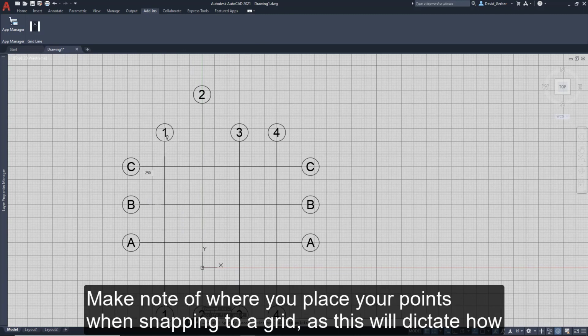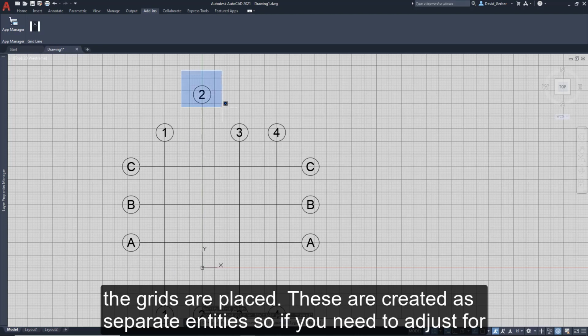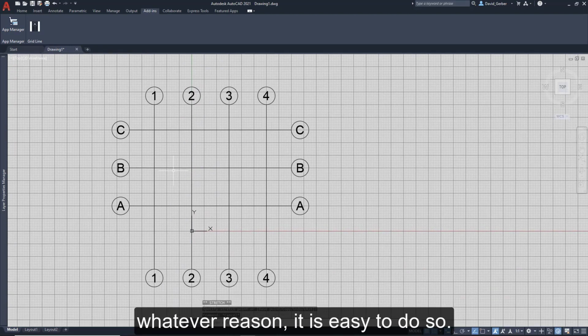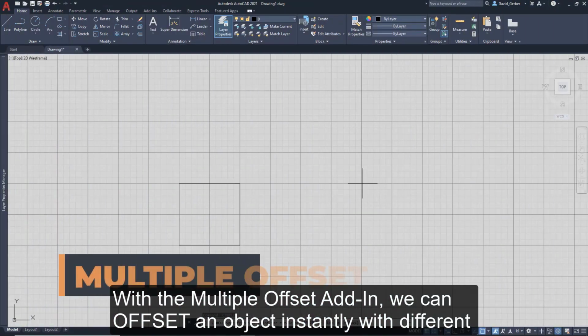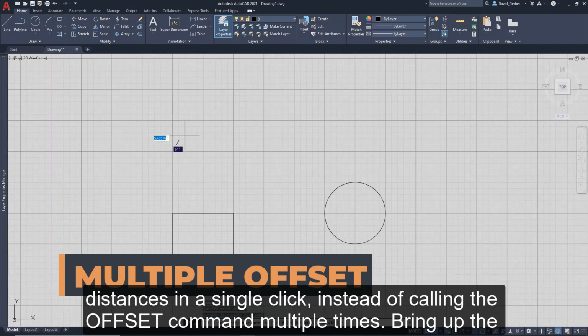Make note of where you place your points when snapping to a grid, as this will dictate how the grids are placed. These are created as separate entities, so if you need to adjust for whatever reason, it's easy to do so. With the multiple offset add-in, we can offset an object instantly with different distances in a single click,